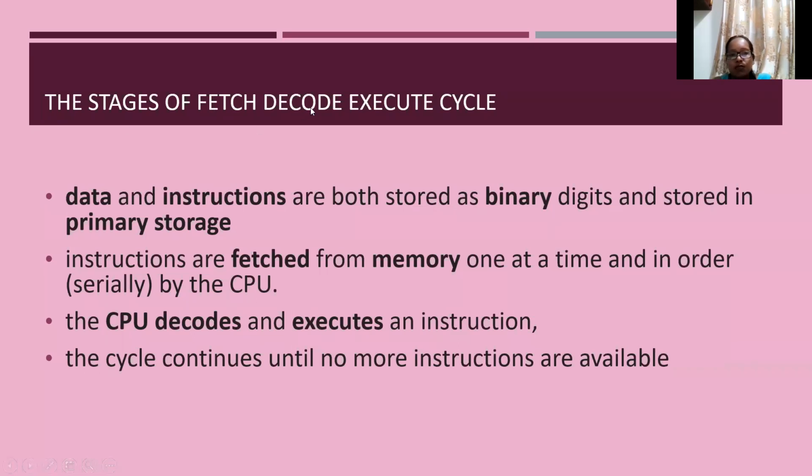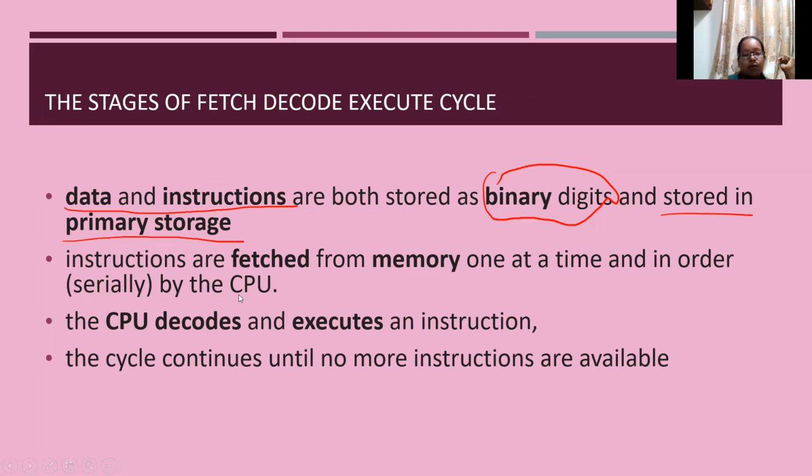So what are the stages of the fetch, decode, execute cycle? Now I will explain. Data and instructions are both stored in binary digits in primary storage. Normally they are stored as binary digits, because the computer is a digital device and holds all this data and instructions in binary memory. Then the instructions are fetched by the CPU from memory one at a time and in order,